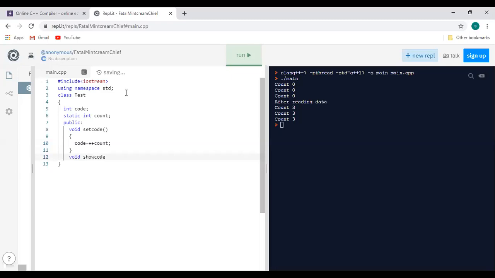How are you going to show that value? What is the syntax? Directly cout. Next one, object numbers, and we will use that code.